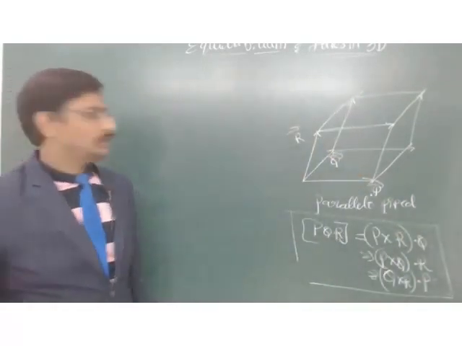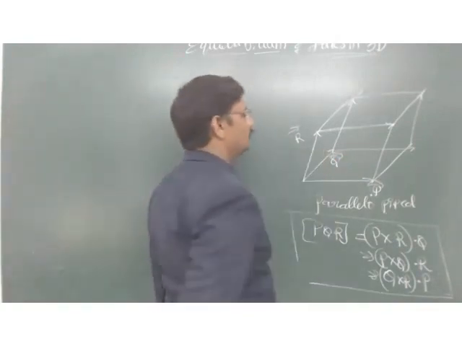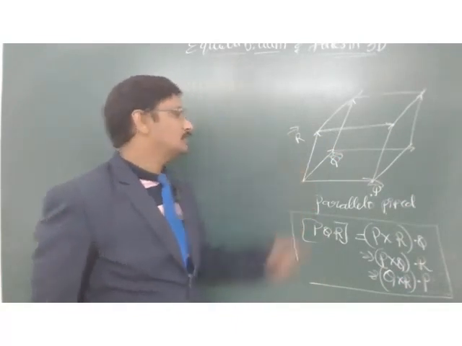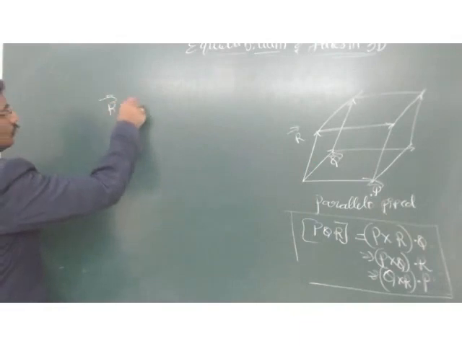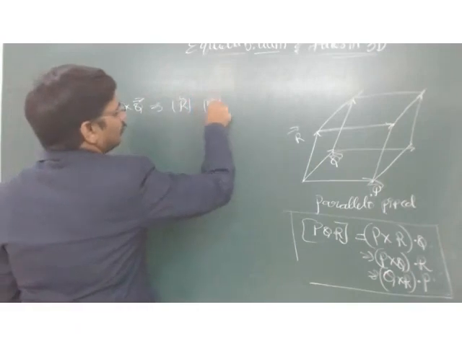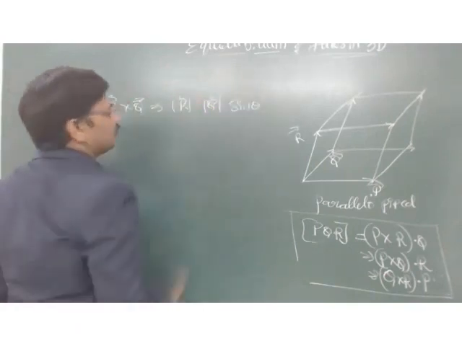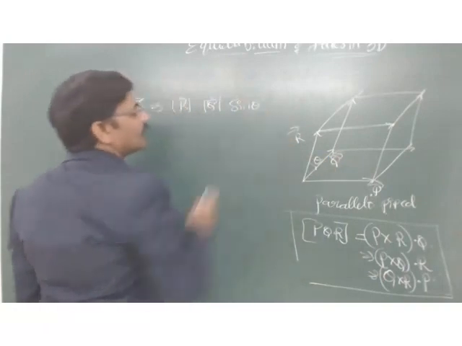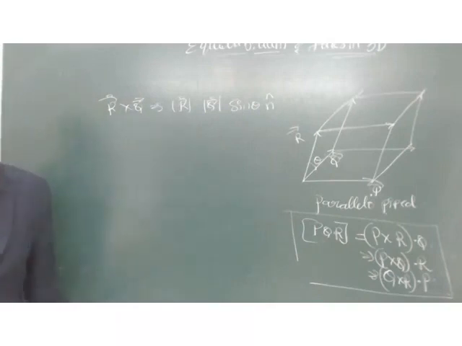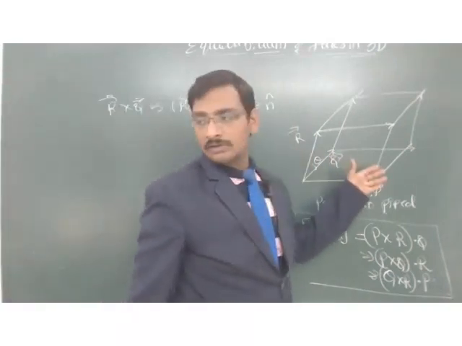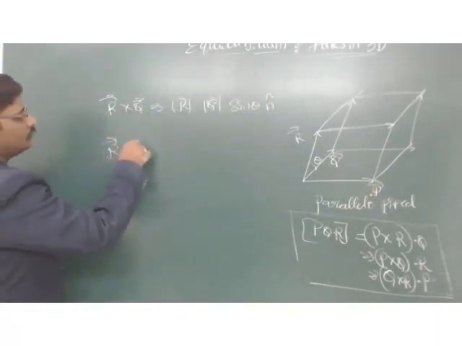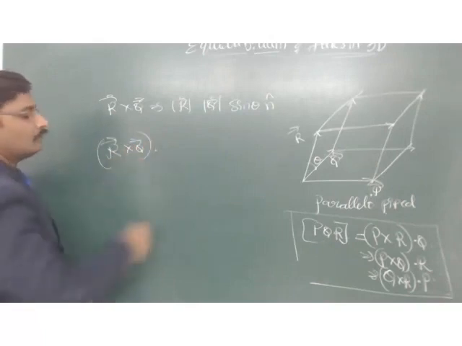Got it? Now, if you take the cross product of these two, let us say R cross Q, I am going to get a vector whose magnitude is mod R into mod Q into sin theta, where theta is the angle between these two, and a unit vector which is perpendicular to both of these, right? So this is a plane and there is a perpendicular to this one. And then if you do a dot product of this R cross Q with P,